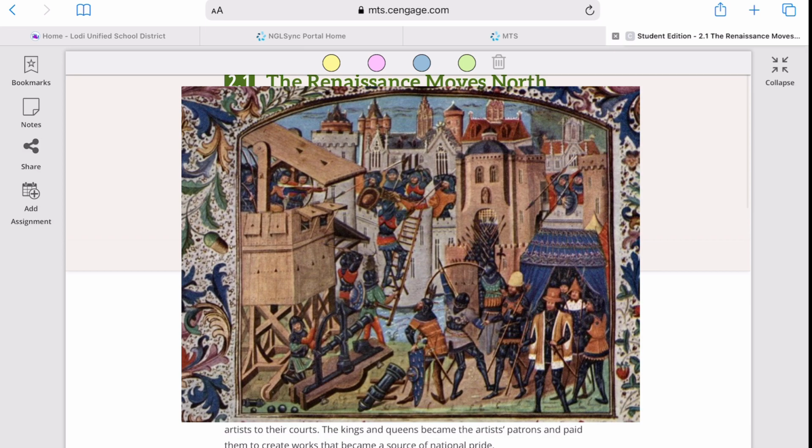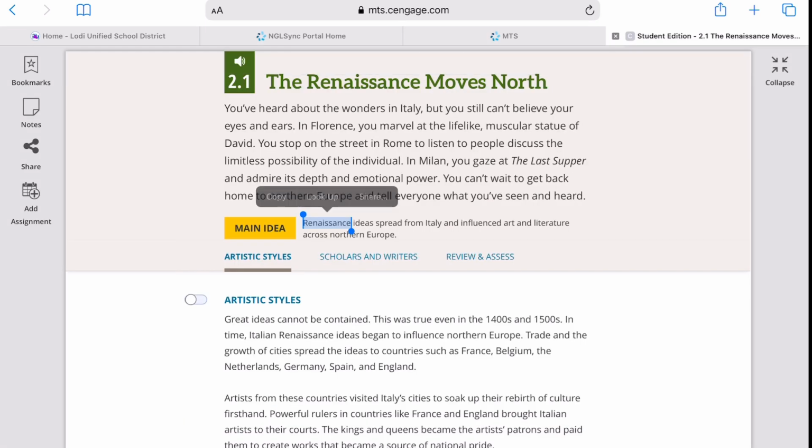In the late 1400s, kingdoms of Italy began fighting with each other. Many Italian artists fled to Northern Europe for safety. They began teaching their artistic styles and techniques to local artists in Northern Europe. Artists from Northern Europe also traveled to Italy, bringing Italian ideas back to their homelands.